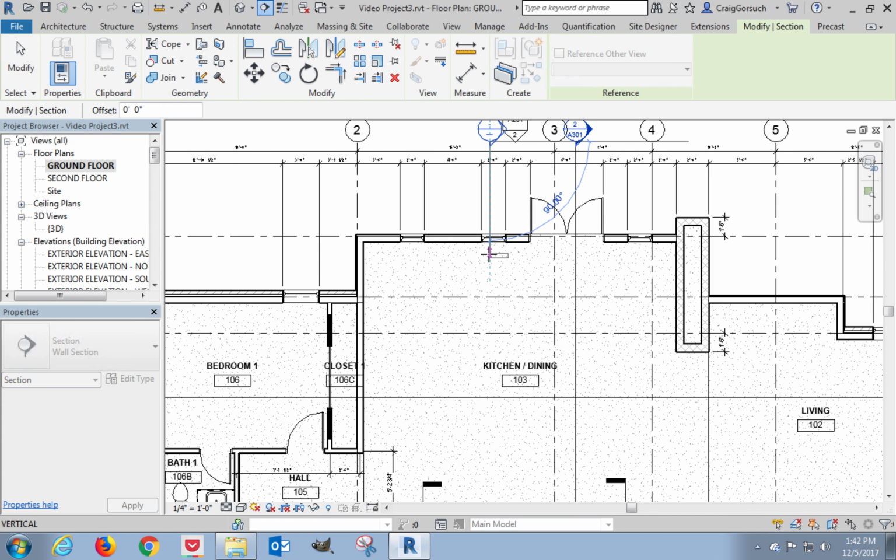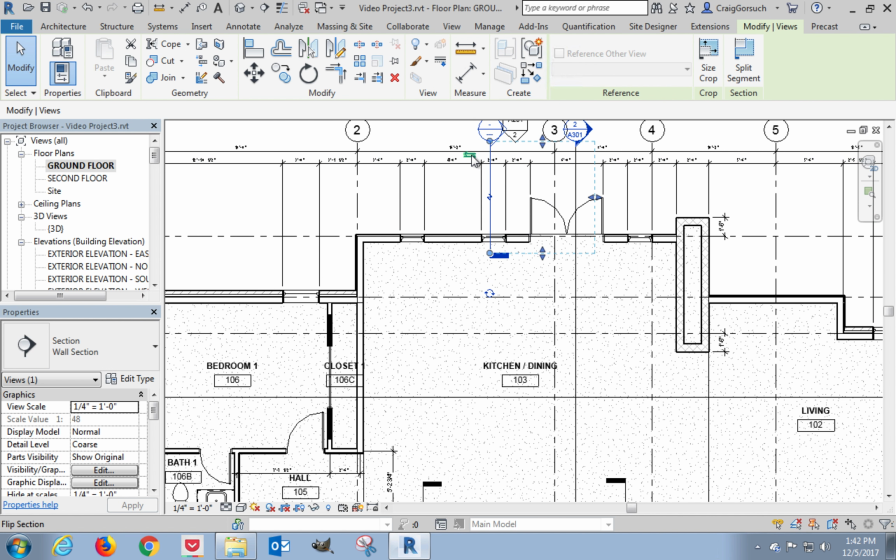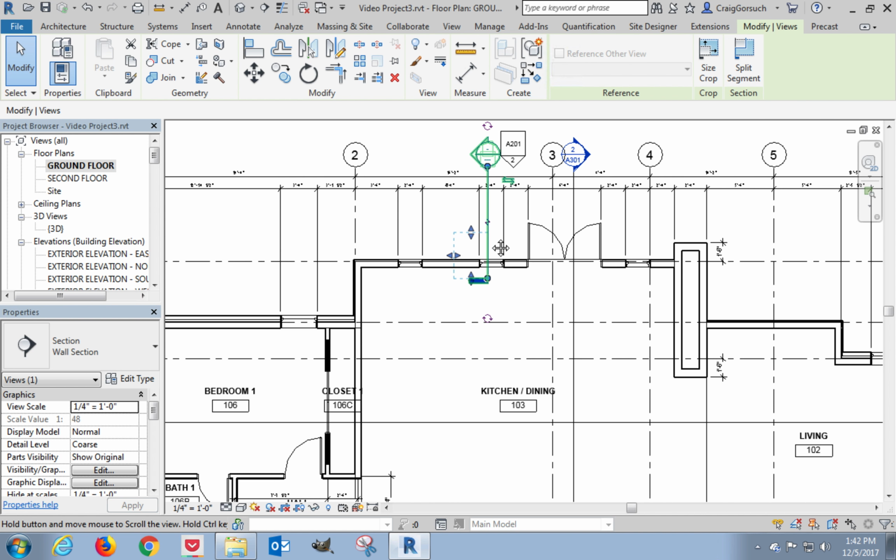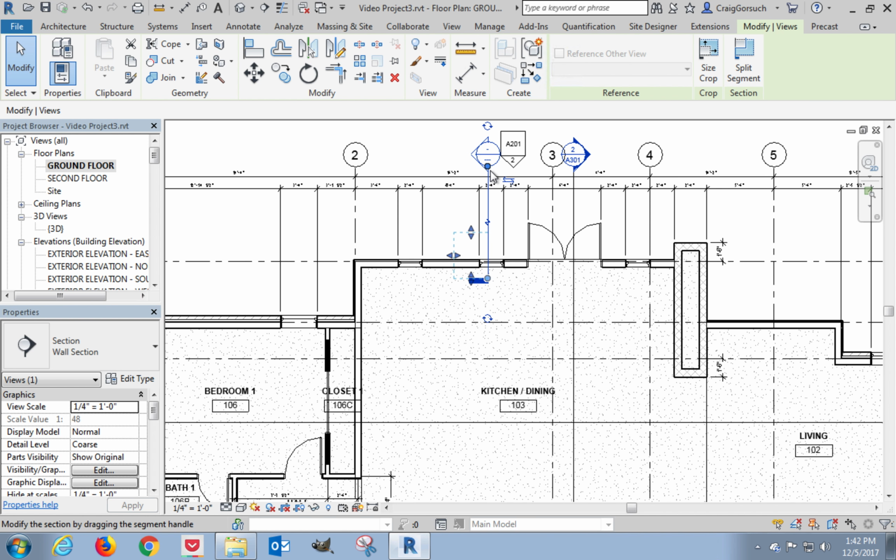Left click, left click. I'm going to flip my section. Now, just like the last time, I'm going to change the depth this way. This dashed line here indicates the actual size of the section and what we're going to be looking at. I don't need it to be that deep. I really don't. So I'm just going to drag it back to about here. That's all I'm going to do. It's real simple. The graphics for that section are going to extend out further,